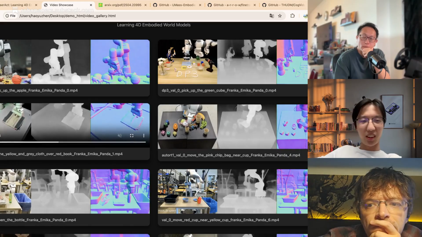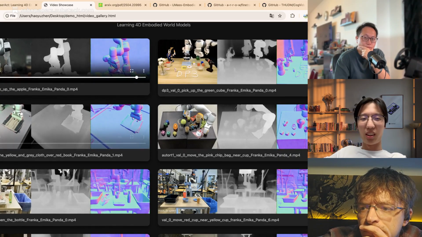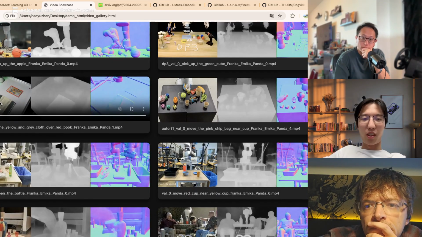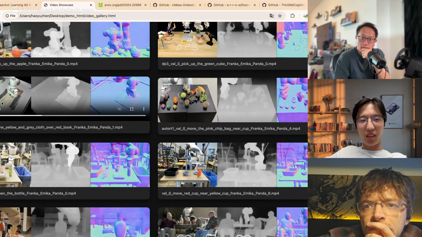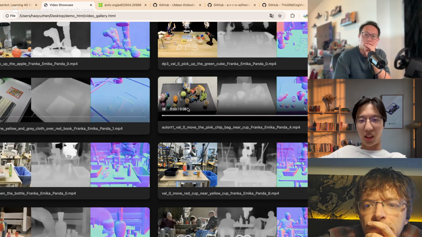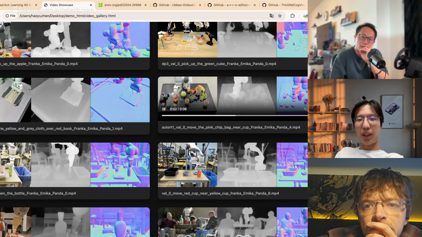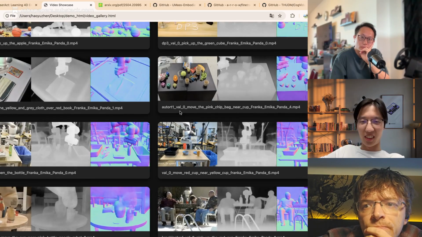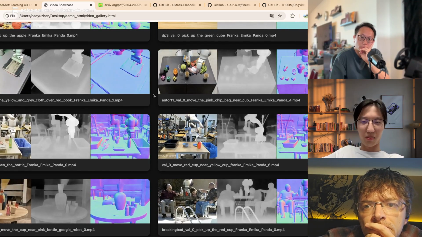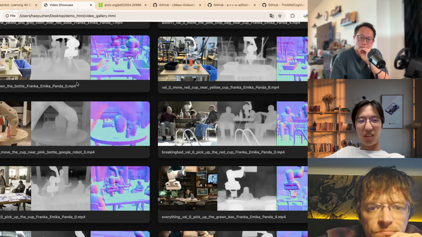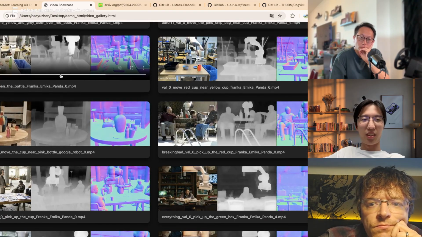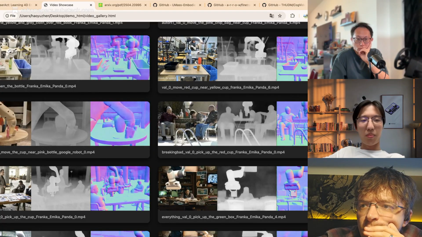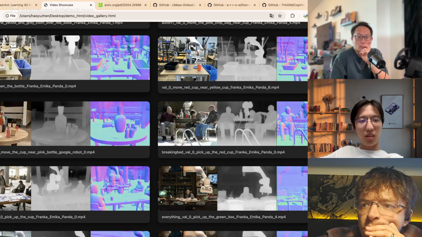And also this is captured from our lab, and it can just move the clothes from there to cover the book. And also it can pick up the pink chip bag in a really complex scene. That's really promising. And also here's the video from Pydero.